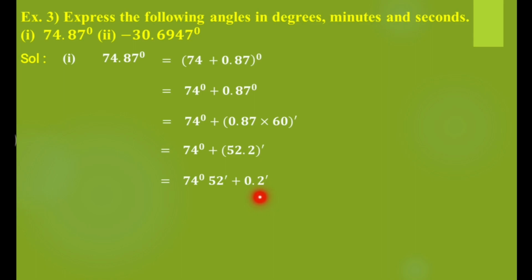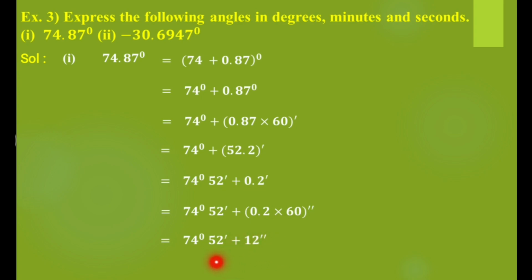So we have to multiply the 0.2 by 60 again to convert to second. So converting to second form, we multiply the 0.2 by 60, and instead of minute we write this as second. So when we multiply 0.2 by 60, after multiplying 2 into 60, that is 120. So after adjusting the decimal point, we write this as 12 second.